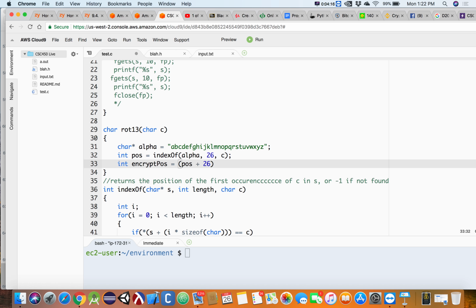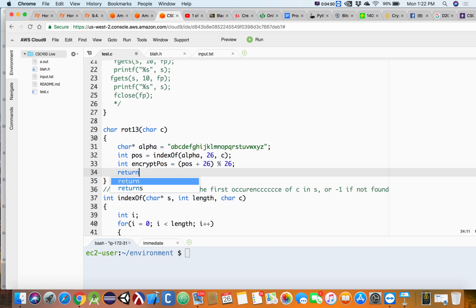Pos plus 26. So if this is a Z, a Z would be bucket 25. So this would be 25 plus 26, which is going to give us a bigger value. And then we're going to mod that by 26, which will wrap it back around onto the array. That make sense? All right, so this will allow us to always have it come back around. And encrypting and decrypting is the same in this language. So then we're going to go ahead and return